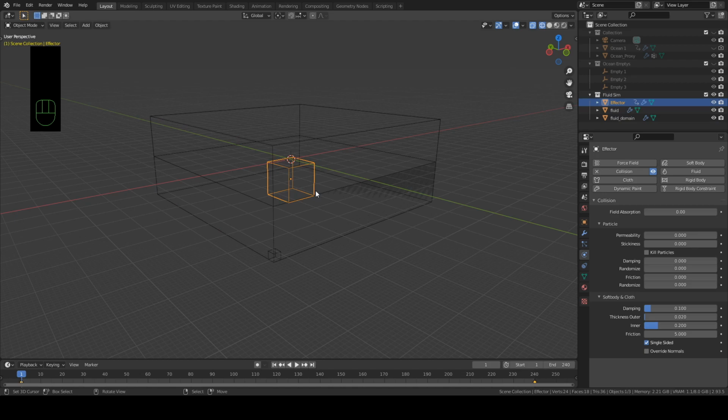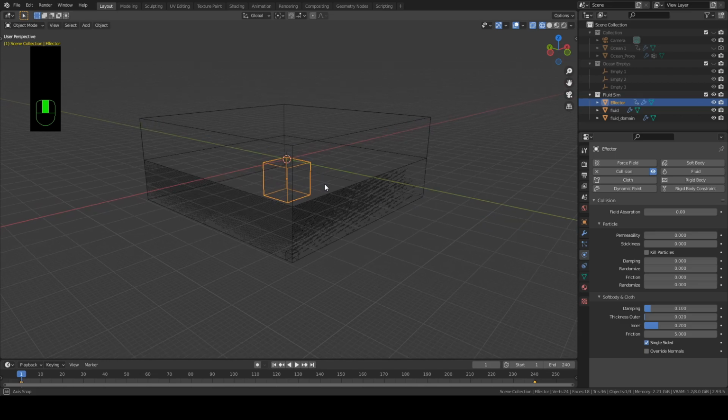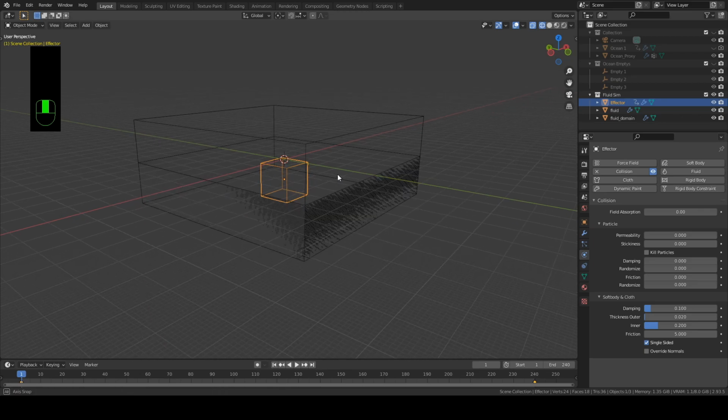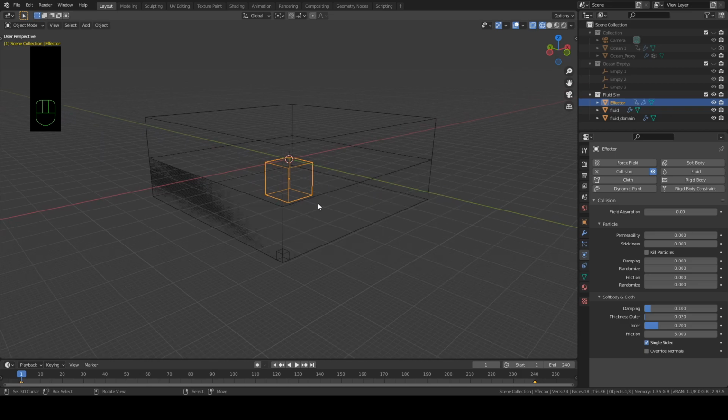It will lead to all sorts of problems, like the effector not messing with the smoke or the flames or the water. It could do stuff like messing up the scale. It could make the ocean waves seem too big or too small, or it could make the smoke simulation, the fire simulation, just look way out of scale. So